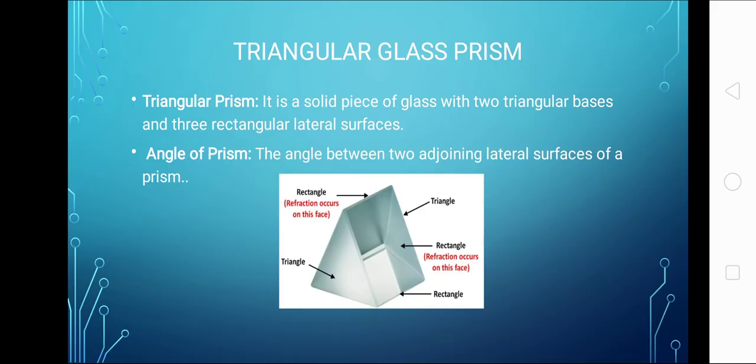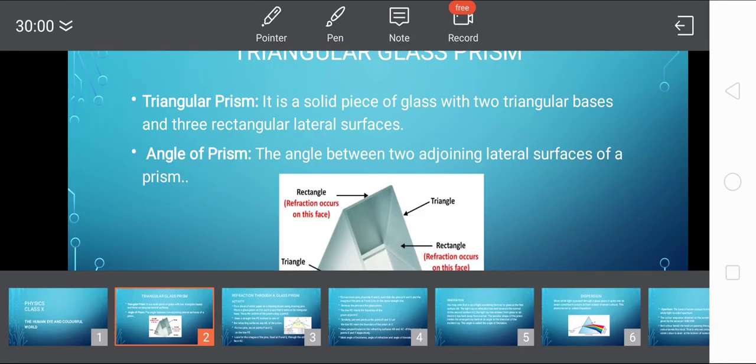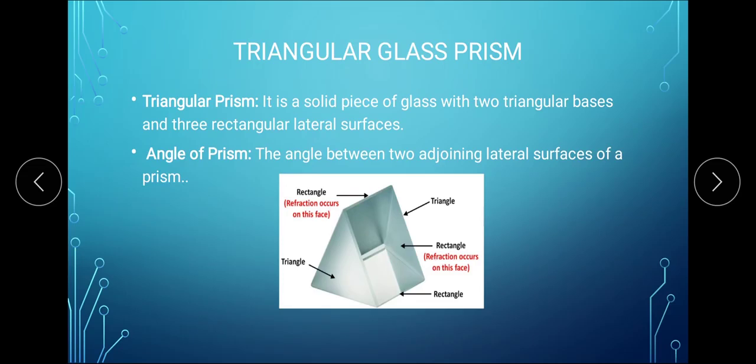Let's learn what a glass prism is. We are going to discuss a triangular glass prism, which is a solid piece of glass with two triangular bases and three rectangular lateral faces. As you can see in the figure, there are two triangular bases of this prism and it has three lateral